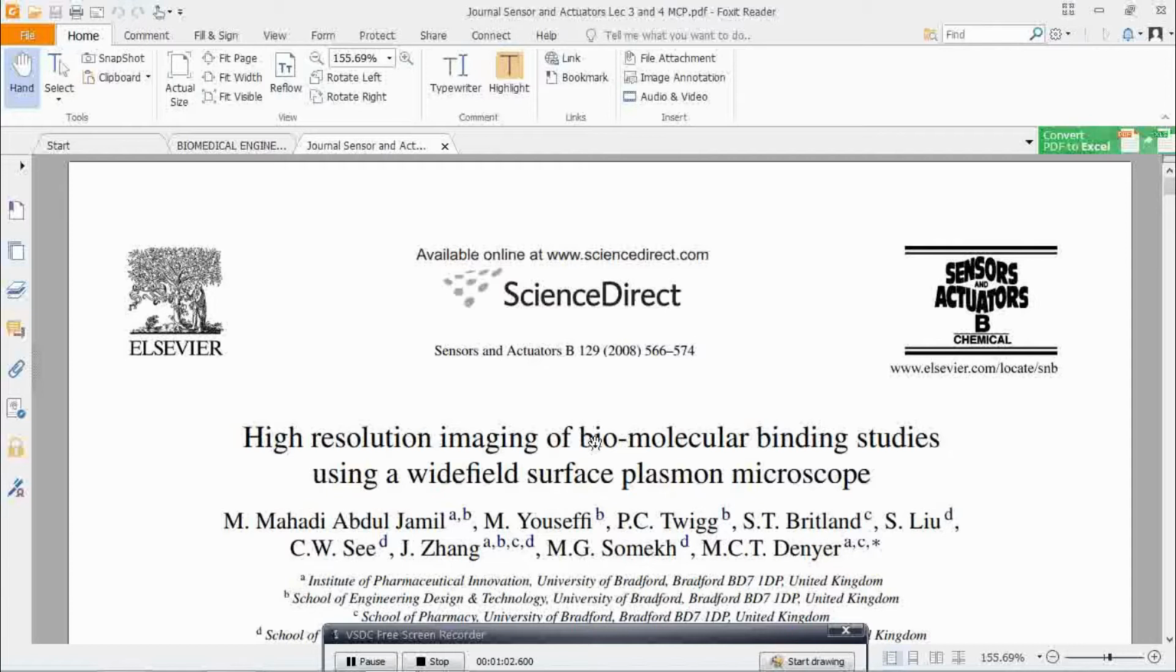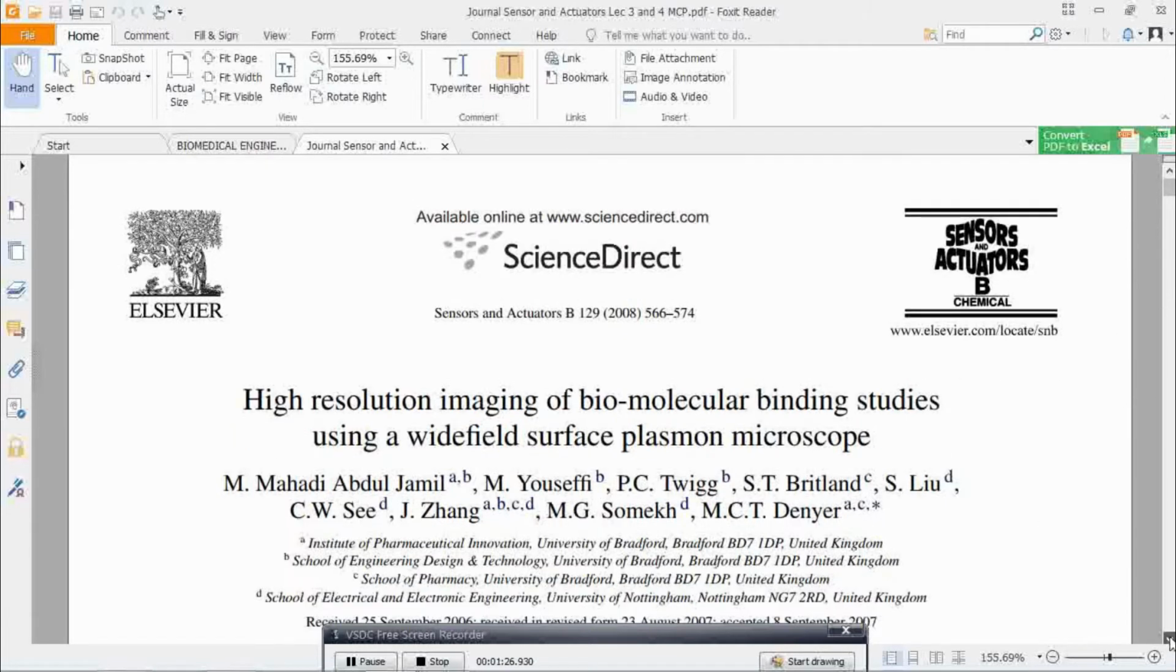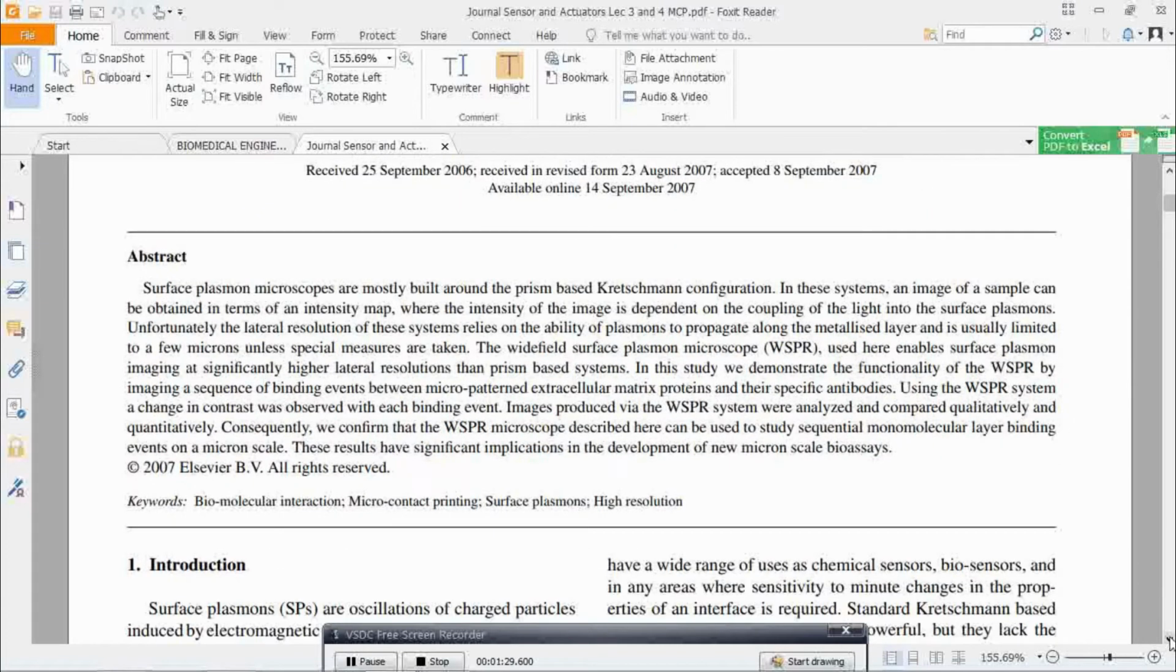So in this study we will look at what we call high resolution imaging of biomolecular binding studies using a system called surface Plasmon microscope. The standard system is called surface Plasmon microscope, but what we have used is the wide field surface Plasmon microscope. Alright, let's see the definition a little bit. The system, SPR, surface Plasmon resonance based microscope,